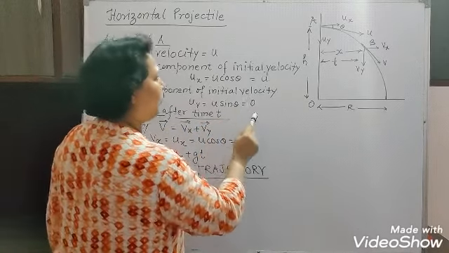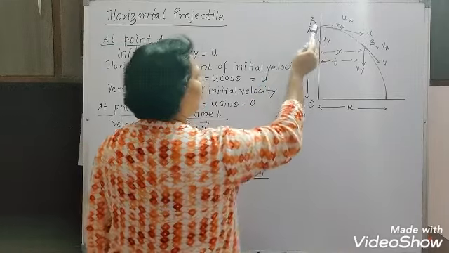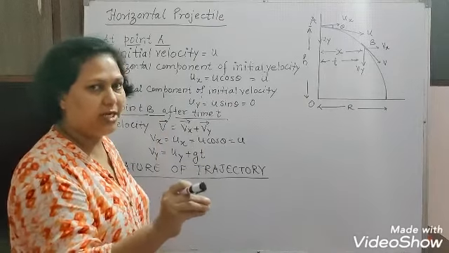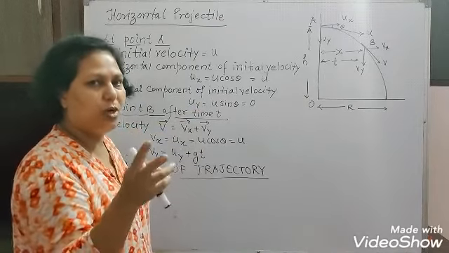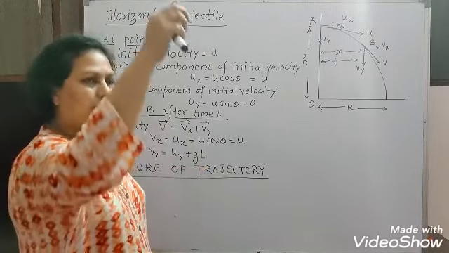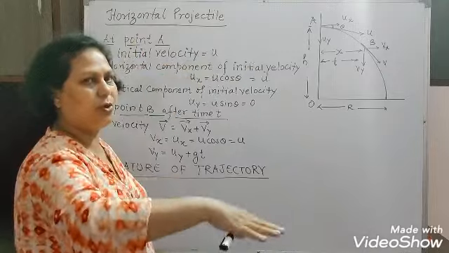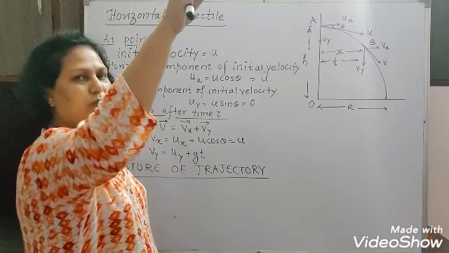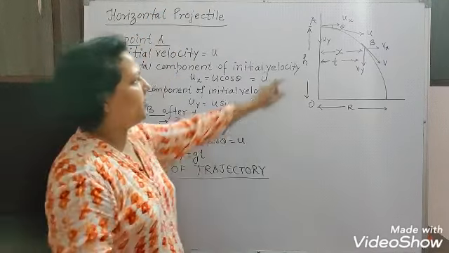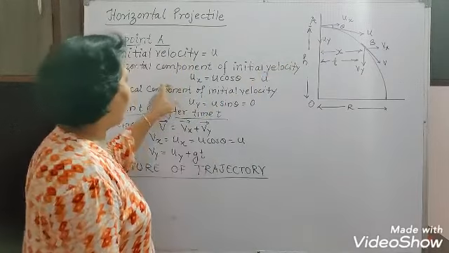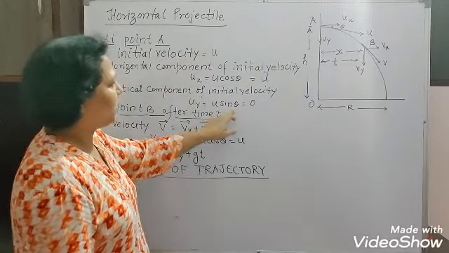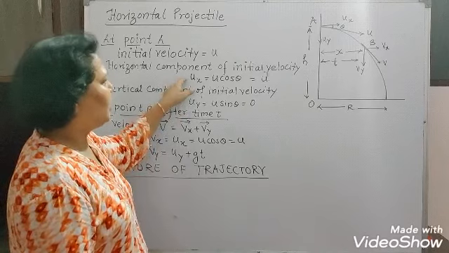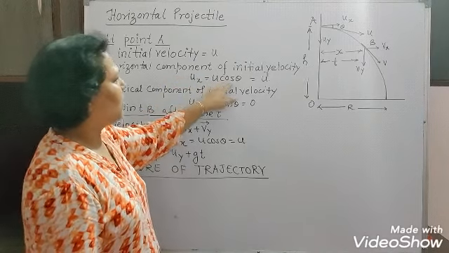You know very well that from a height, if you throw any object, the initial velocity with which it is projected is resolved into horizontal and vertical components. But if any object is simply dropped vertically from some height, that initial velocity we assume is 0. So this vertical component uy, which is equal to u sin theta, will become 0 here.